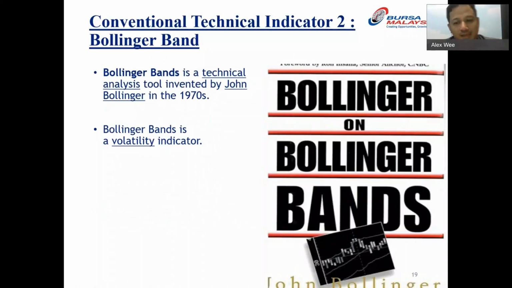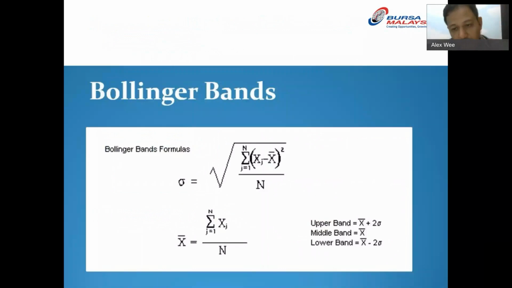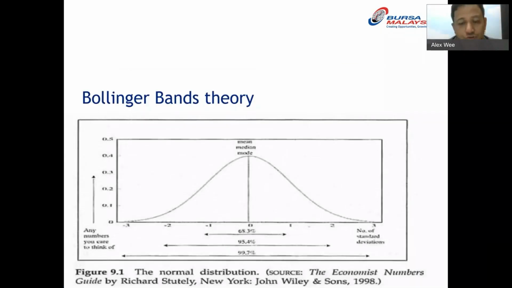That's one indicator that's very famous. Now I want to talk about the second indicator, which is also very famous, I think most of you know: the volatility-based indicator Bollinger Band. I want to talk about the formula. You can see the formula is very simplistic. It's basically the moving average plus 1 standard deviation as the upper band, and minus 1 standard deviation as the lower band, or 2 standard deviations, up to you. You can decide how many standard deviations. It's based on the central limit theorem, in the olden days when this book was published, Bollinger on Bollinger Bands.